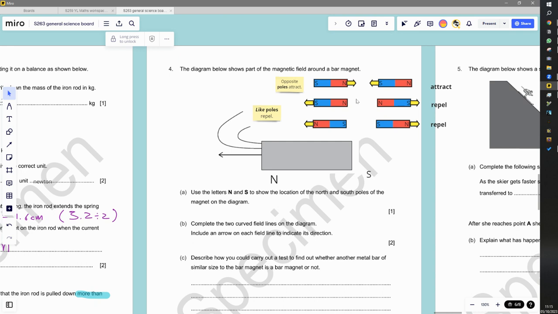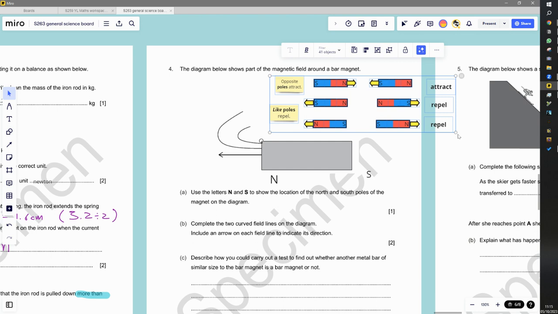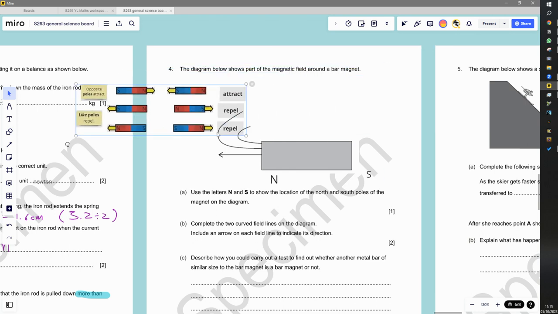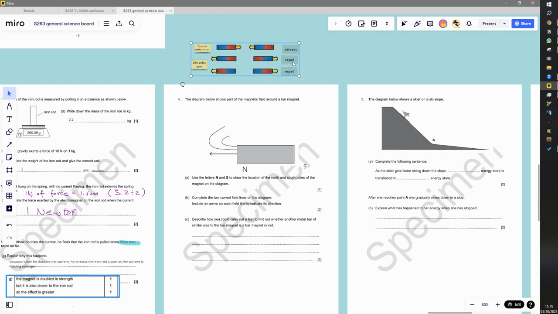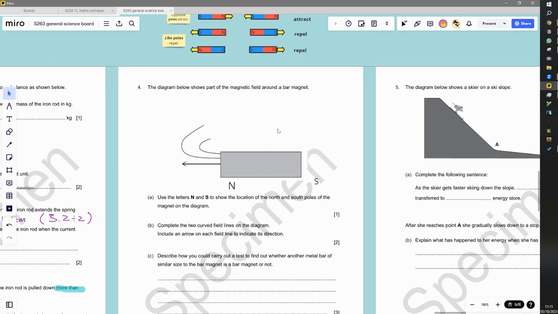And so we learn that like poles repel and opposite poles attract. That's something we just need to remind ourselves of, if you didn't know already. So I'm going to move this. I'm going to group that, and let's put it just above the question for now. Now,